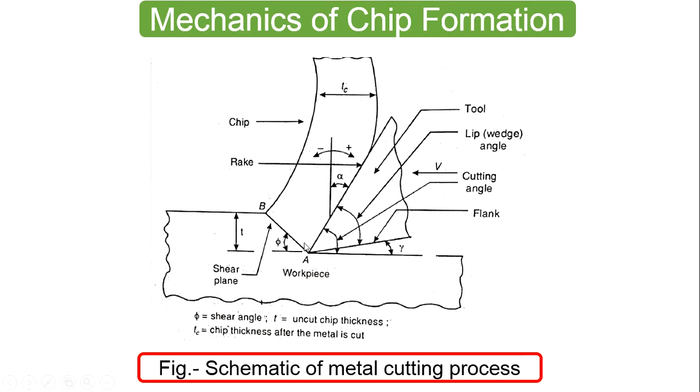Okay, the surface along which the chip moves upward is called the rake surface of the tool, and this is the other surface that is called the flank surface. It is relieved, so some angle is given. It is relieved because there should not be a rubbing action between the flank surface of the tool and the machined surface, otherwise your machined surface will get affected. So purposefully it is relieved with the help of a small relief angle. Relief angle may be from 1 degree to 5 degree. A small relief angle is provided at the trailing end of the tool to avoid rubbing between the two surfaces.